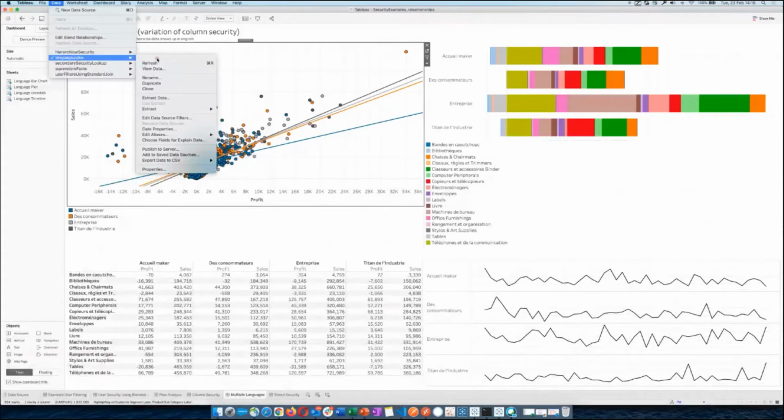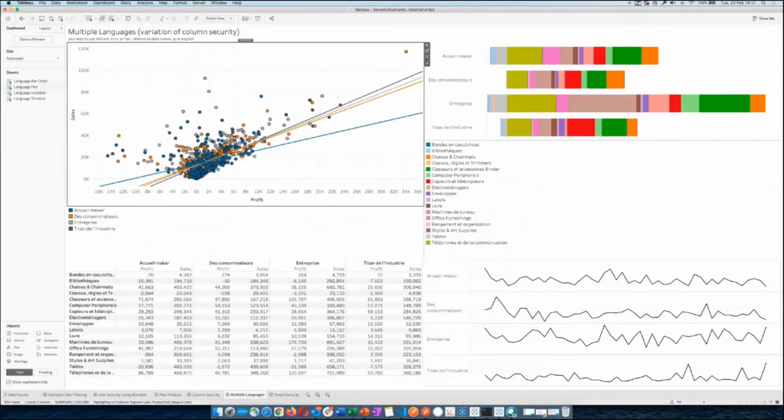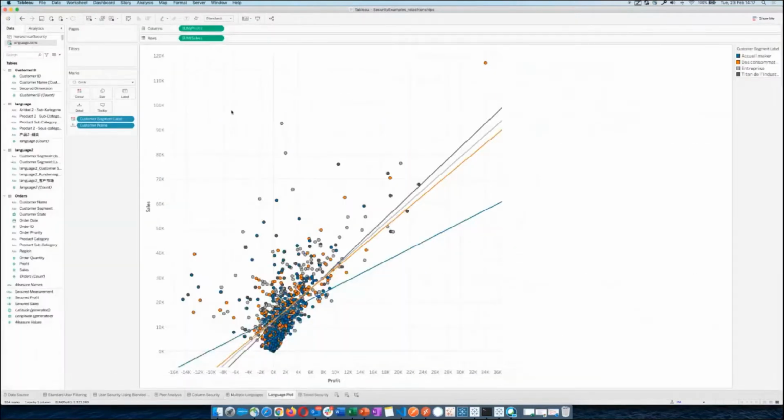Let me show you how this looks. Basically, we have the fact table and the translation tables. One of the fields match, so of course, we can have this relationship. I have the English version on both sides for subcategory and this one. And I have also, if I go back there and pick one of those,